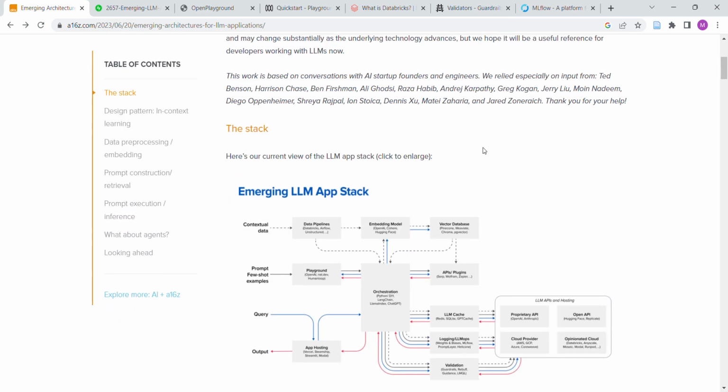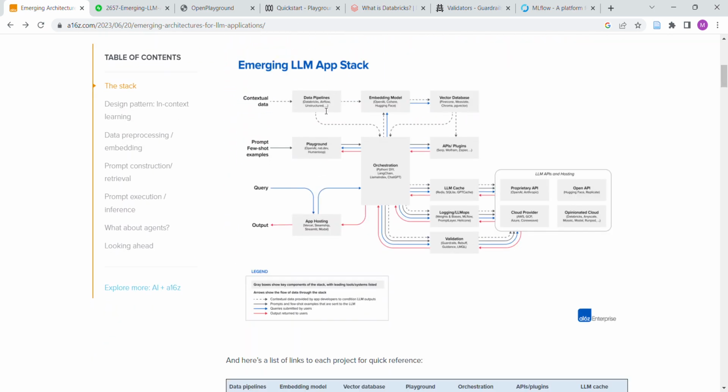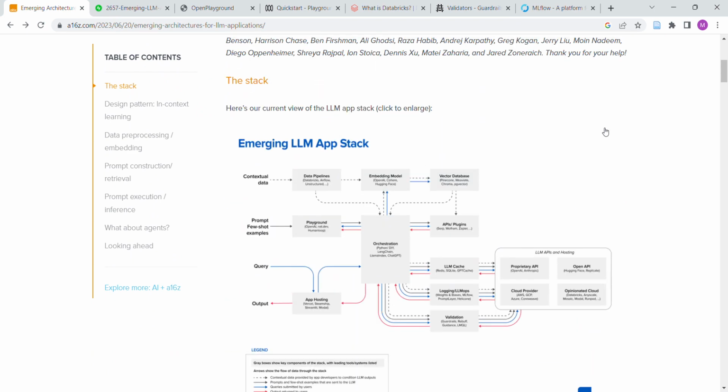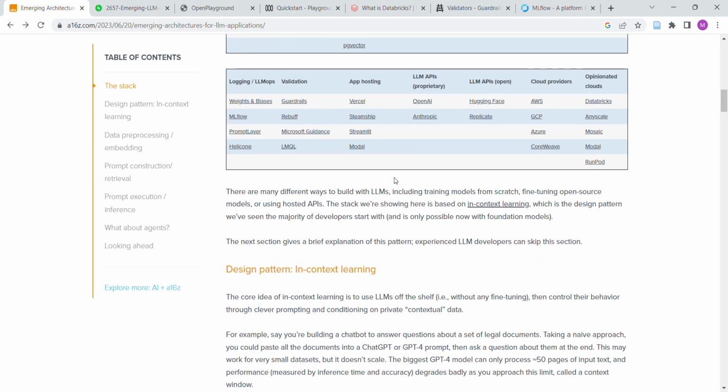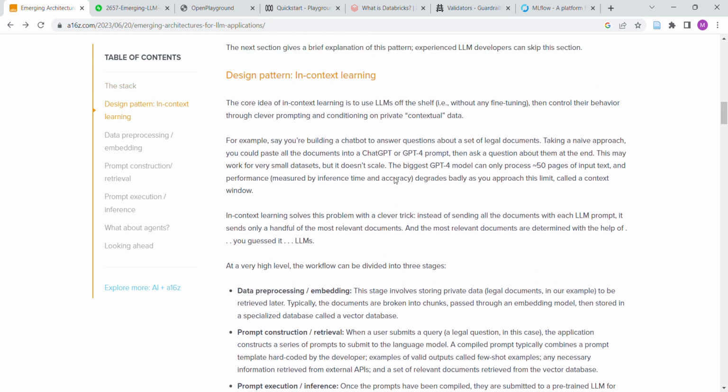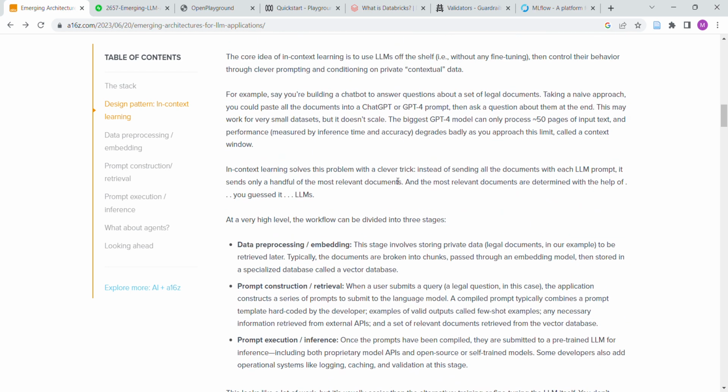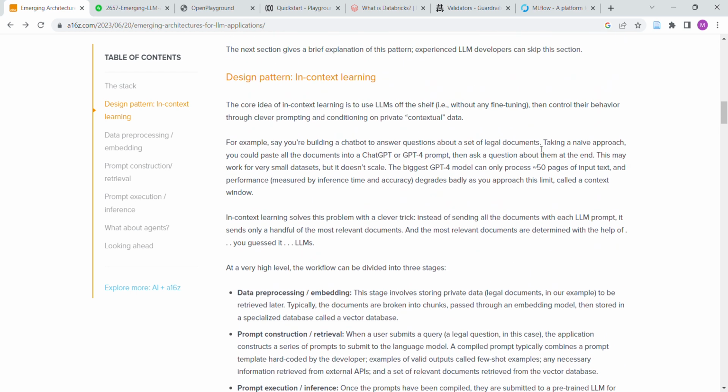We're just going to go over it. So this is their current view of the stack. I think it makes sense. Like I said, here and here there might be some reshuffling as we figure out more stuff. So in-context learning, what do they say? Yeah, so